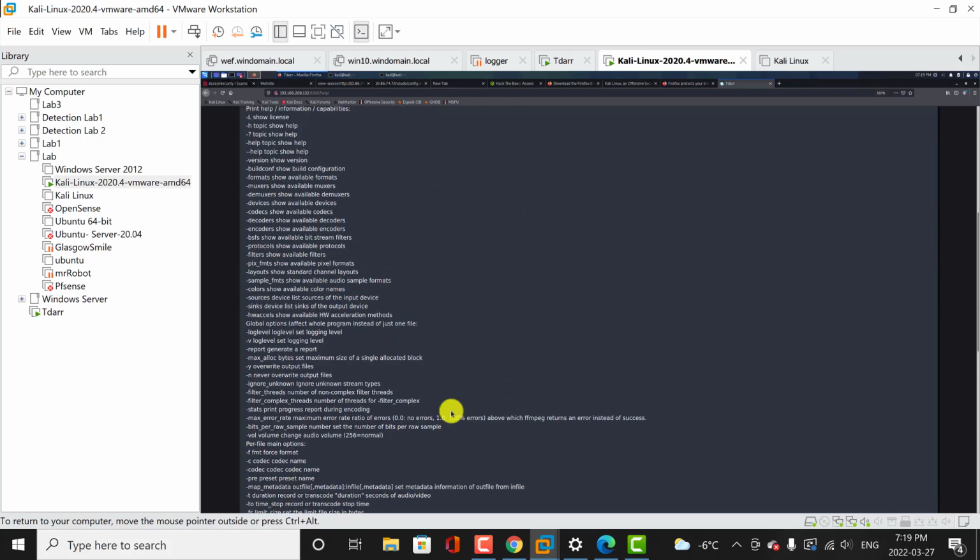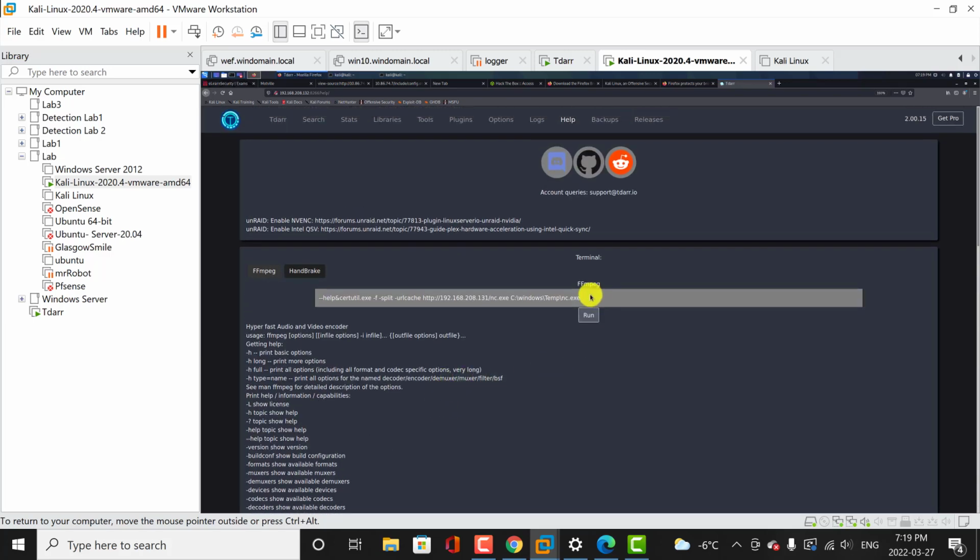So the next thing you want to do is, now that we see that we've been able to send netcat in here, we want to see if our netcat is right in there. So let's try to run the command dir, which is directory for Windows. We're trying to list all the files in the Windows temp directory. So we want to check for what's in the directory. So run this command right now,